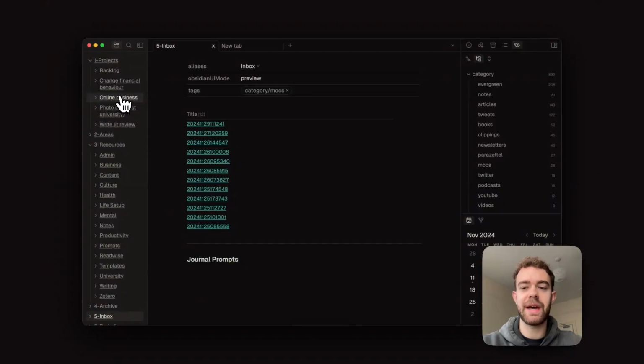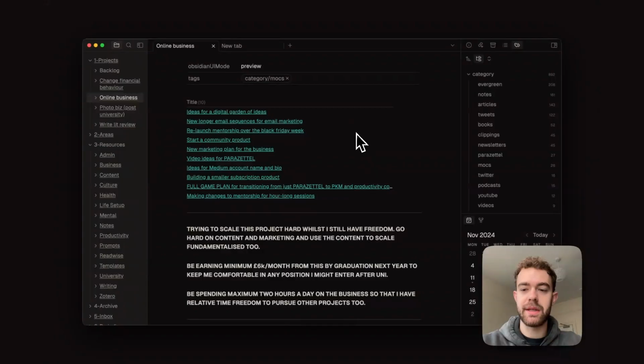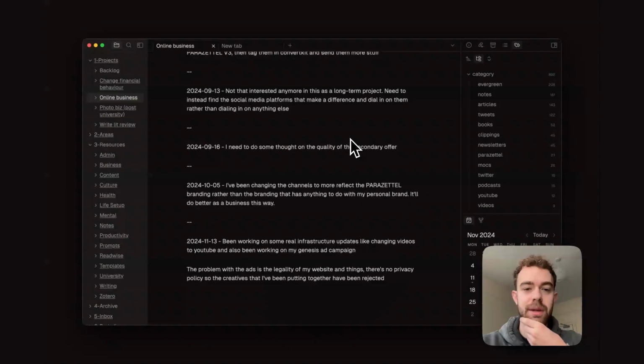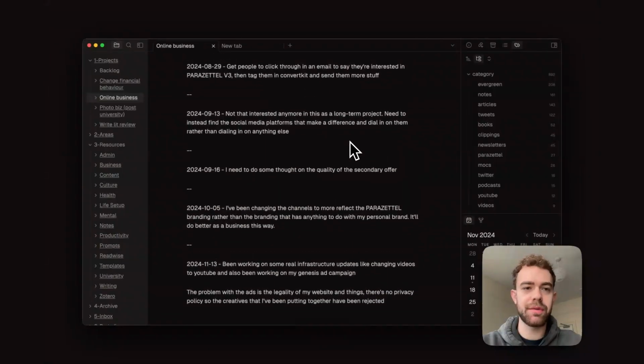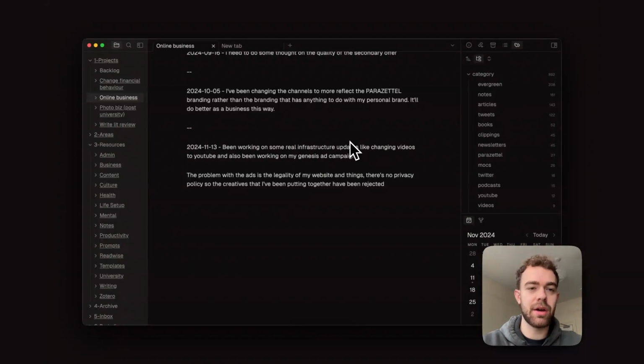because when you have the folder note plugin installed and you click on the folder, then you're brought into what's called the folder note, which is simply a note stored inside of the folder of the same name as the folder. So this note is called Online Business, the folder is called Online Business, so this is the folder note for this folder, and you can see that I've got all of the details of this certain project inside of the folder note,